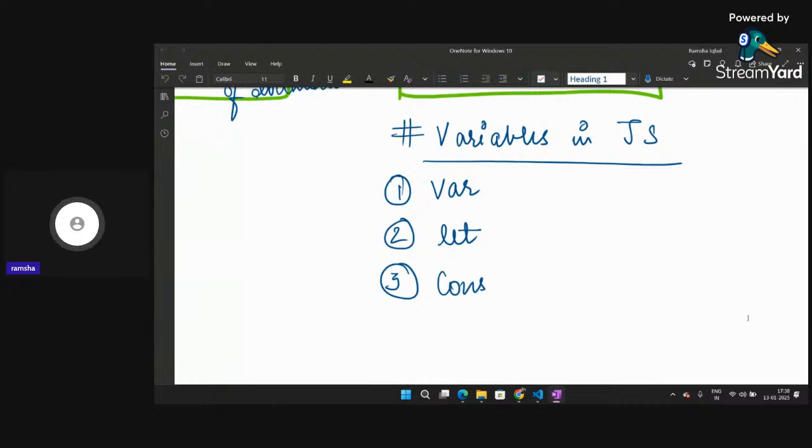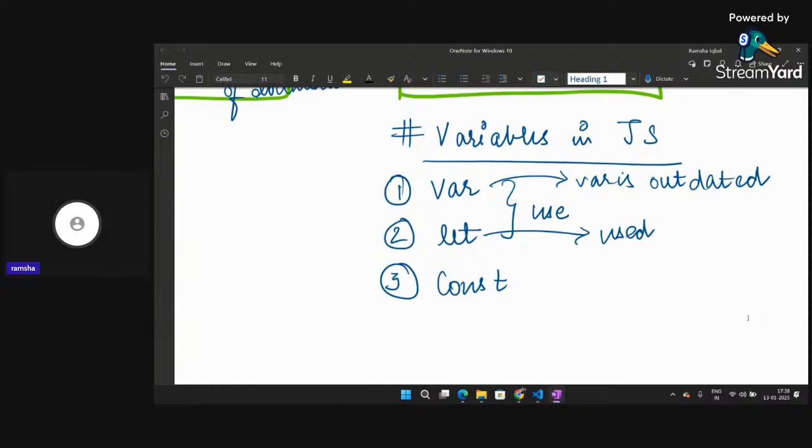Now var and let have the same use, they are used similarly. The only thing is that var is outdated, so we don't use it that often. Let is used a lot in older versions of the browser, and const is also used. Now